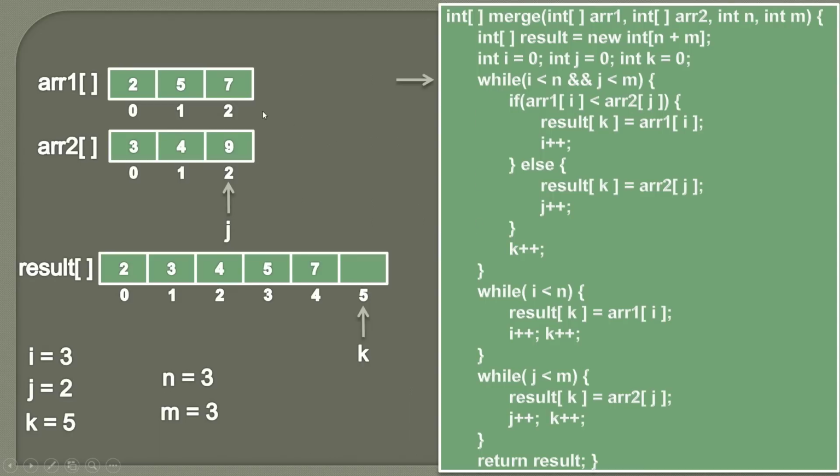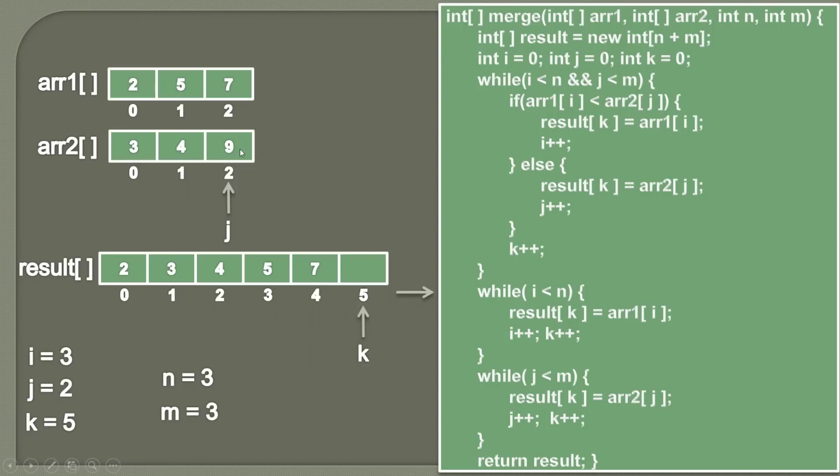So you can see whenever any of the arrays gets exhausted, we'll simply break from this while loop. And then our execution point will reach here, where we are encountering two while loops. Here you can see that there can be a chance that array 1 gets exhausted first or array 2 gets exhausted first. When this while loop terminates, we are not sure which array gets exhausted first. Therefore we have provided these two while loops.